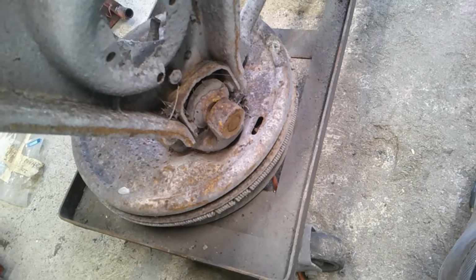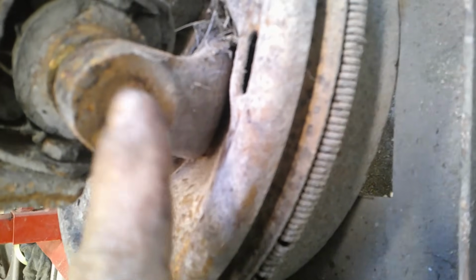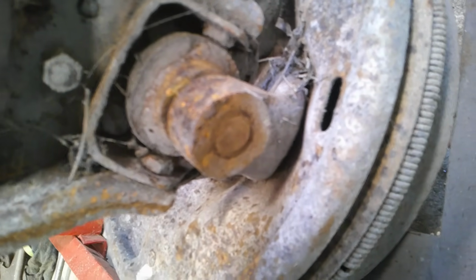So also, I figured I'd show this before I get started. It's another reason why I bought new spindles. Somebody cut the nut off the bottom of that ball joint there, and the thing is seized in there. I don't know if they were trying to get it apart or something and they cut that off there, but